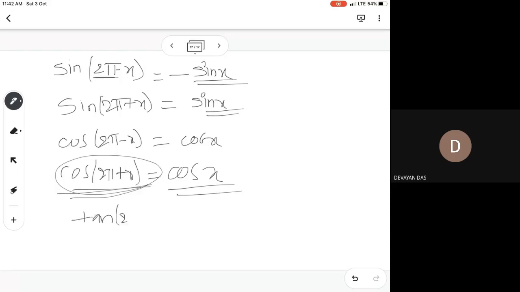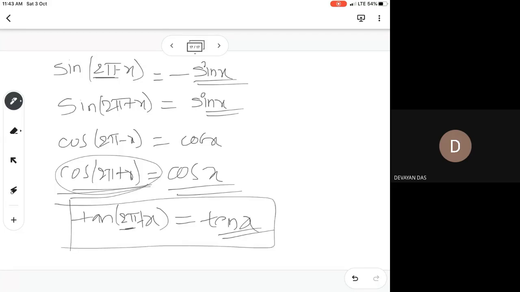So 2 pi plus x, whenever you take into consider, not only sin and cos, even tan also will be there. इसको prove करने का तरीका, you need to know the tan x plus y formula. Before going to prove, just directly to remember tan 2 pi plus x बोले तो 2 pi plus x will be in the first quadrant. First quadrant में tan is also positive, and with 2 pi you get tan x as it is. This result, tan 2 pi plus x, ये prove करना है तो before going to prove this one, you need to learn tan x plus y formula.